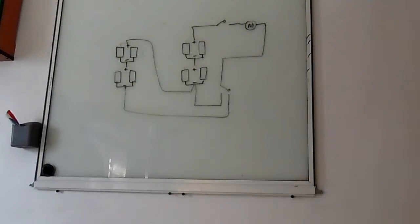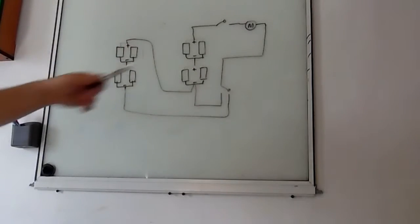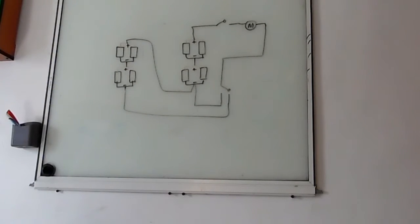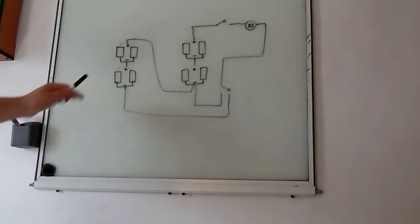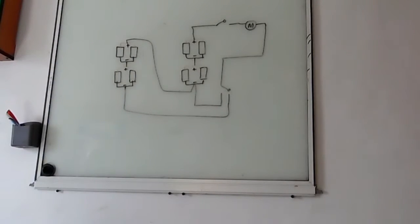Okay, so here is my wiring diagram for the batteries. As you can see, there are 2 cells, 2 cells, 2 cells, and 2 cells. The reason for this is I can double the capacity and I can use as many batteries as I possibly can. So instead of just one 1000 milliamp hour battery, I got 2, which is 2000 milliamp hours. I might have made a mistake and I might have said 1000 milliamps earlier, but it would in fact be 2 amps, which is...